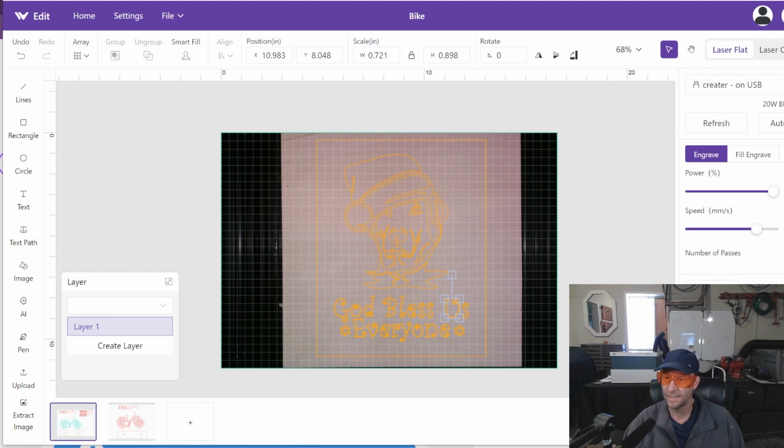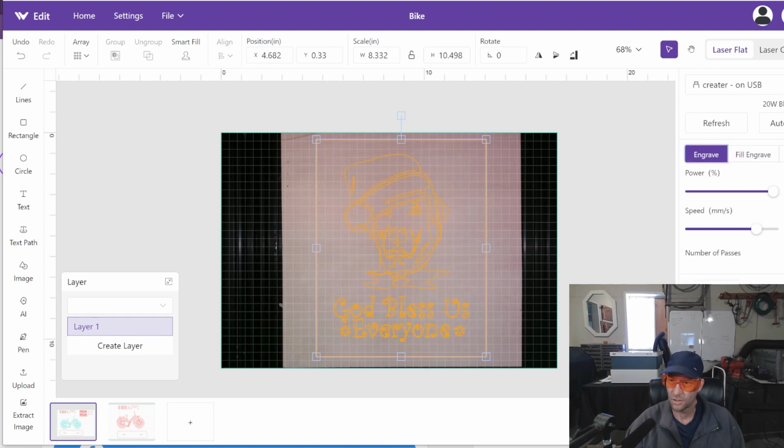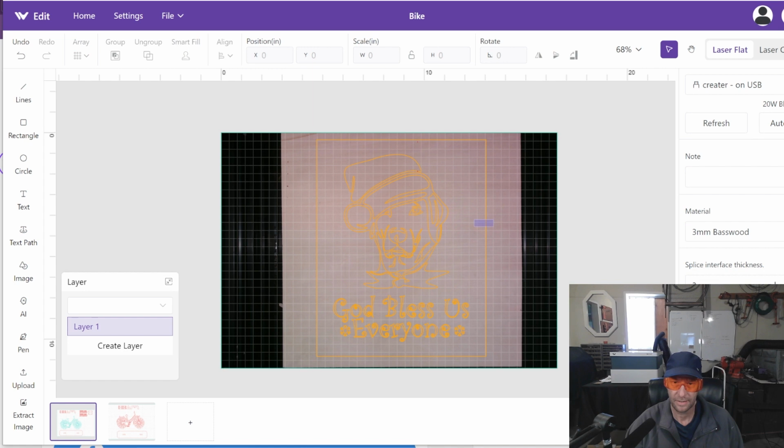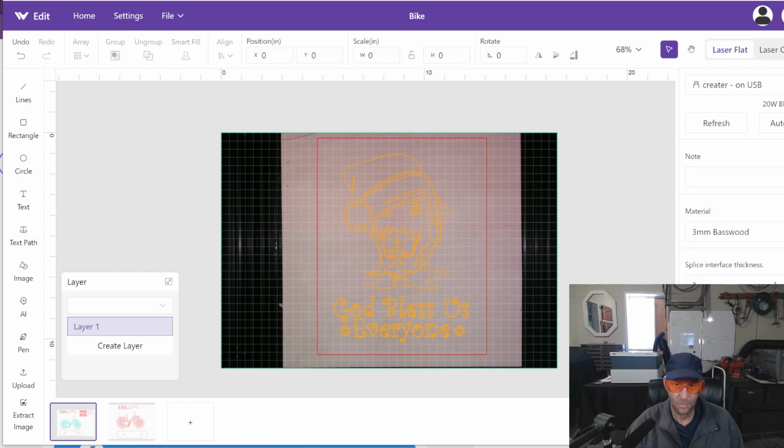So let's see what cut and engrave does, and it says put text on. So I could add text. There's so much here, right? You see all these individual shapes. It's saying 100 at 200 speed for the engrave. I'm just going to go ahead and do that. I don't see a way to preview. If you fill engrave, it just automatically shows you the preview. And if you cut, okay. So what I want for this outside is a cut. So this outside one only. Let's make sure I only have the outside one. And I'm going to have cut for that. Everything else here, I think I want to...